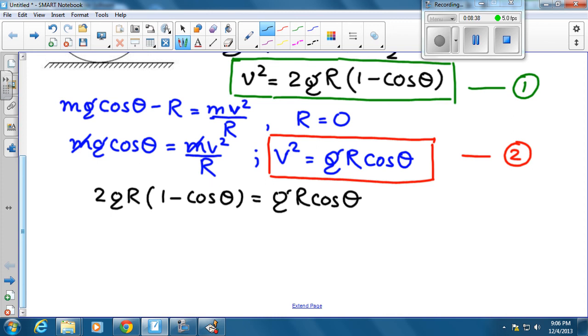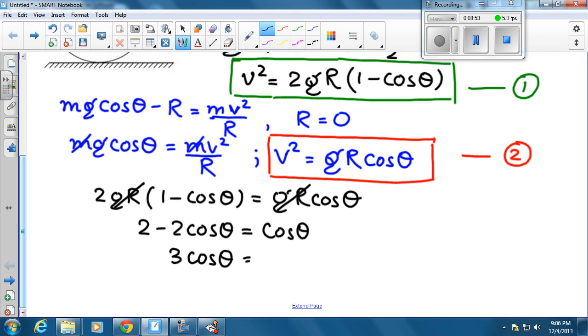Now obviously you could cross out gR, so ultimately you get 2 minus 2 cos theta is equal to cos theta. So how about you take this to the other side, so you get 3 cos theta is actually equal to 2,